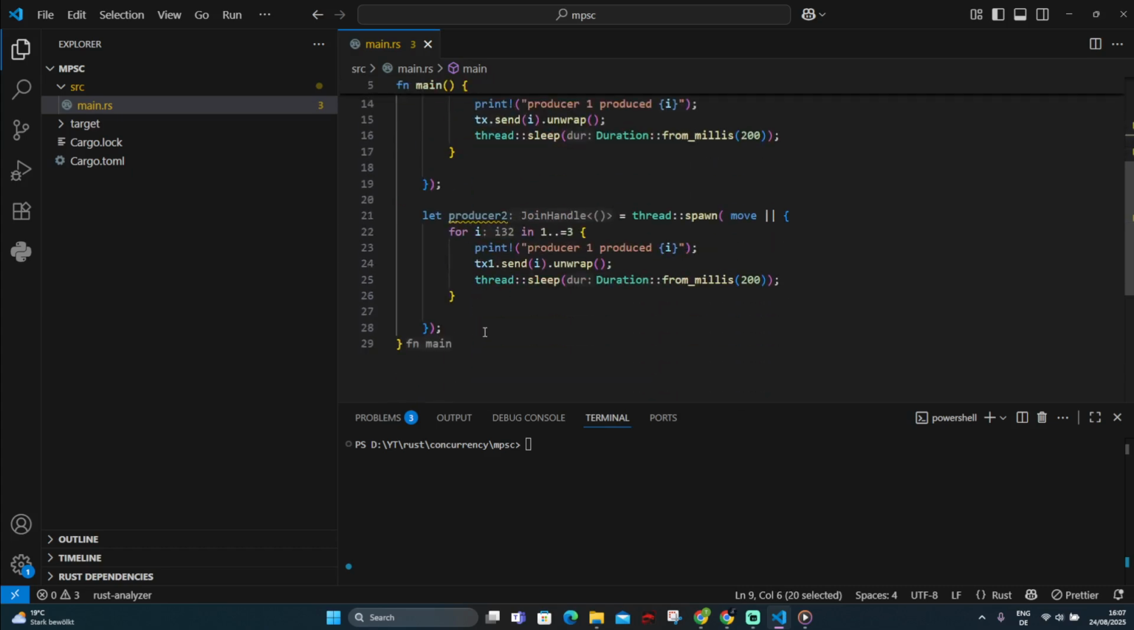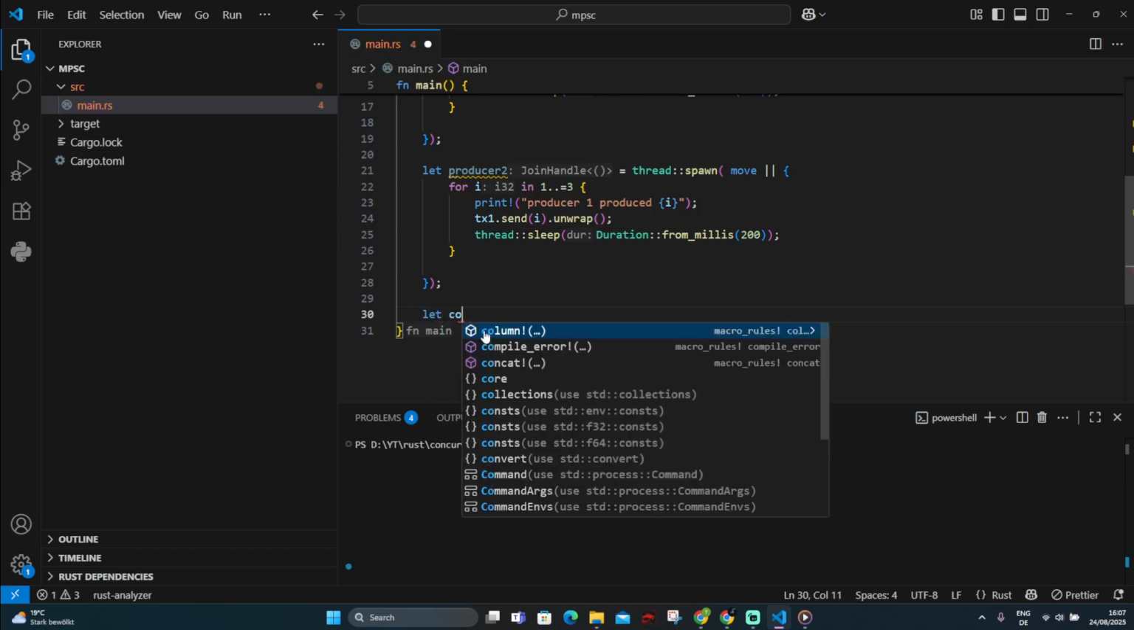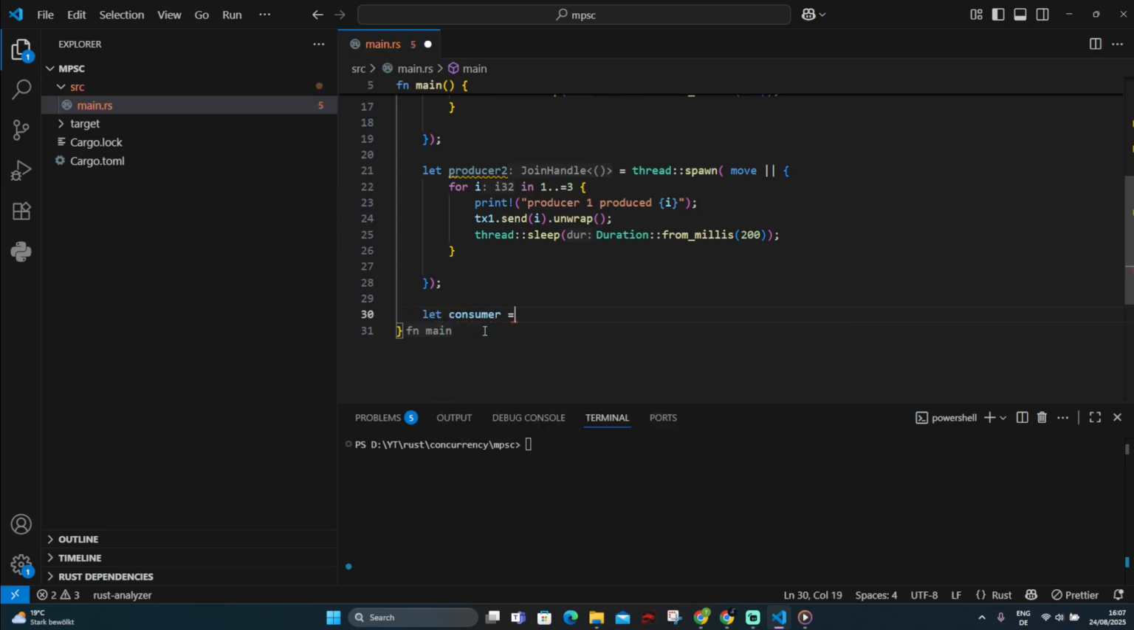If you don't understand clone, it means basically a copy. Now we are going to create our consumer. Consumer is also the same. We are going to write a consumer and then basically create a new thread. Consumer is equal to thread